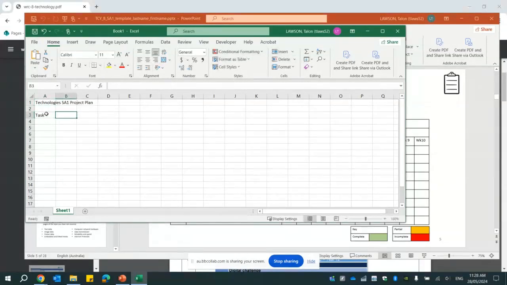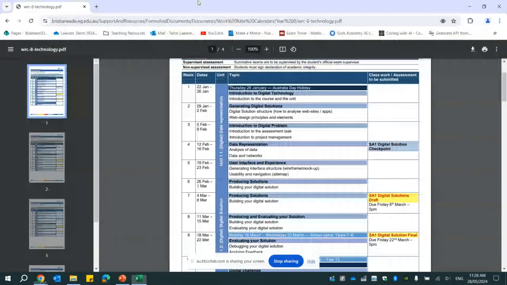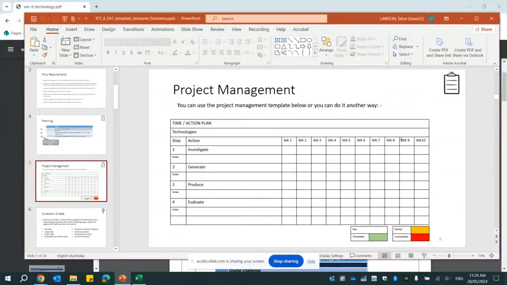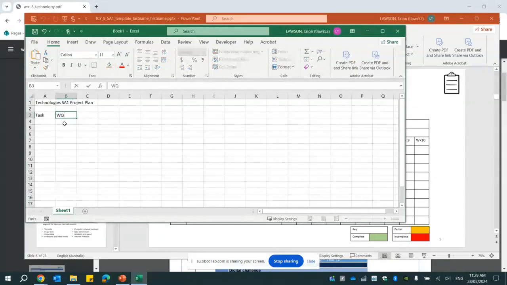And then I'm going to set the table up somewhat similar. The difference being that if I look at my work rate calendar, which has shrunk there for a second, I can see that we're starting this assessment task in week 3. So I don't need to put in week 1 and week 2 like what's up here. I'm just going to go from week 3 to week 9, because that's, I guess, when we're working. Week 3,